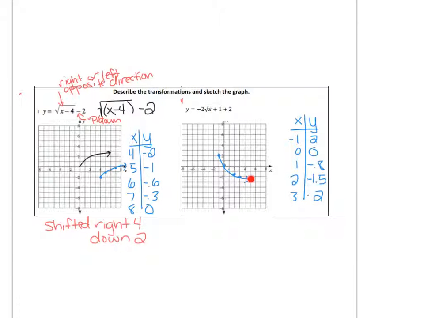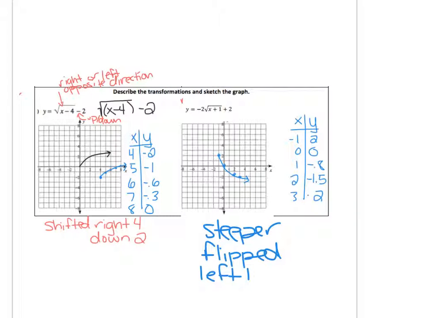See how this graph is going down faster than this graph went up? It's a lot steeper of a curve, right? So if we explain the transformation, it's steeper, it's flipped, we went left 1, and we went up